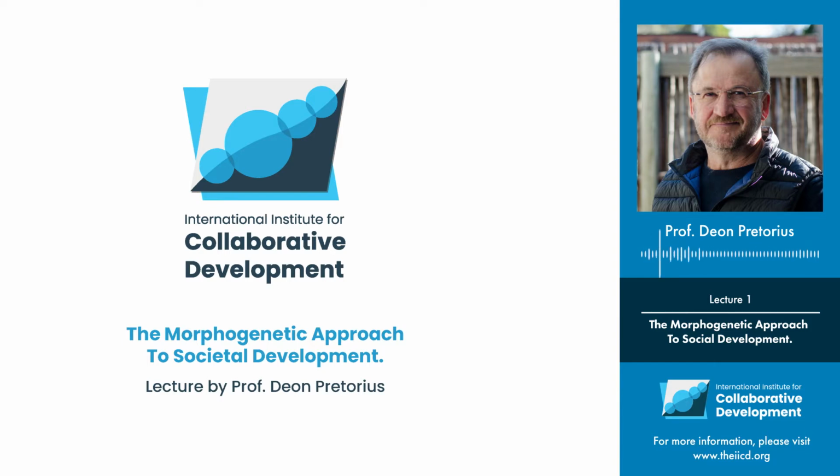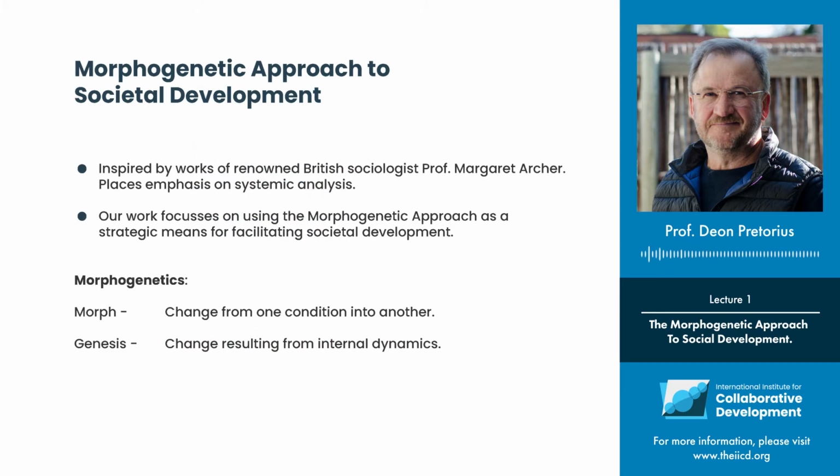To explain the morphogenetic approach, I need to explain it against the background of the problems that I identify in societal systems, the critical questions that I pose, and the approach that I adopt. I'm concerned with the problem of social systems like South Africa that is characterized by acute inequality. My views on this are informed by work that I've been able to do in places like the Sundays River Valley in the Eastern Cape of South Africa.